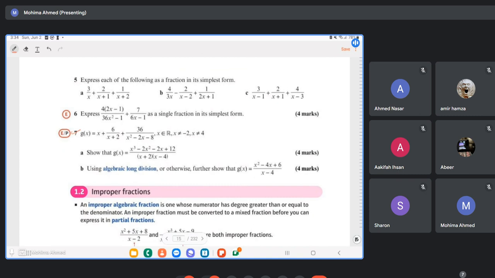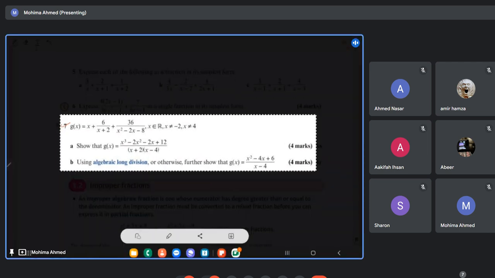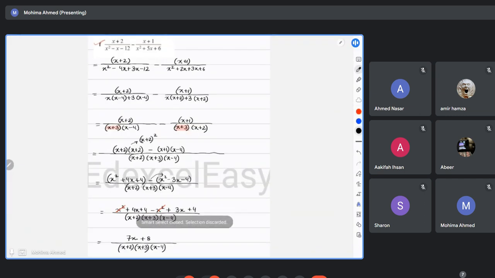Okay, question 7, they have provided you with 2 fractions and one whole number or one x, right? So you have to simplify that and then show this in this format and other cases. Always remember that if you don't have a fraction, if you have a whole number, for example, x, that actually indicates that x is divided over an invisible 1.